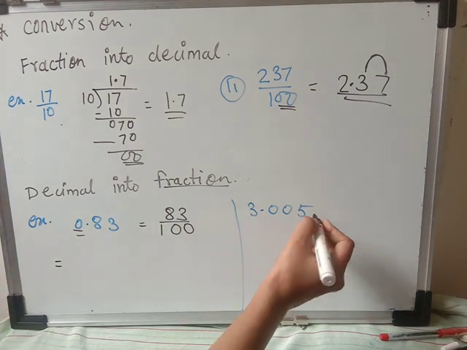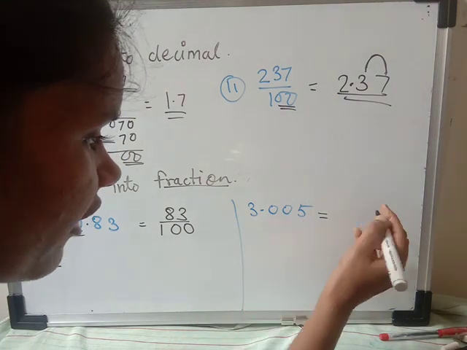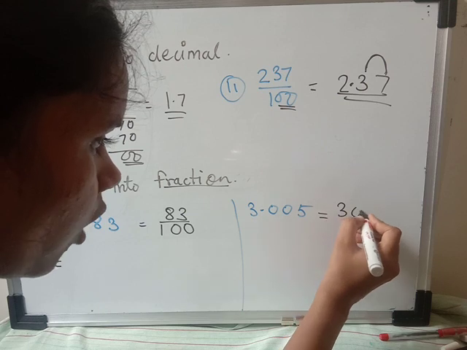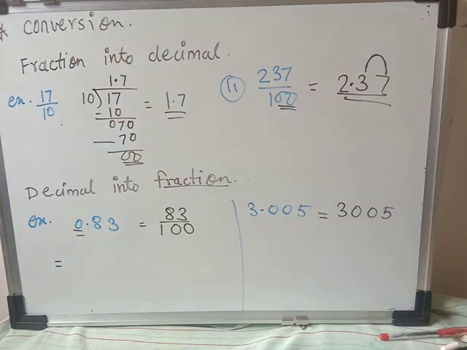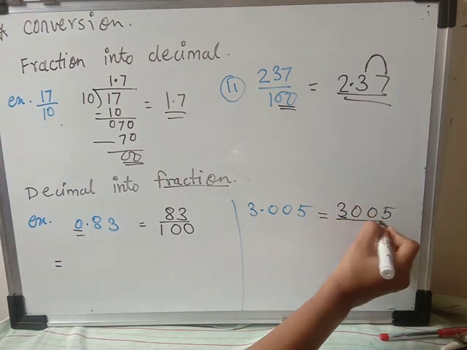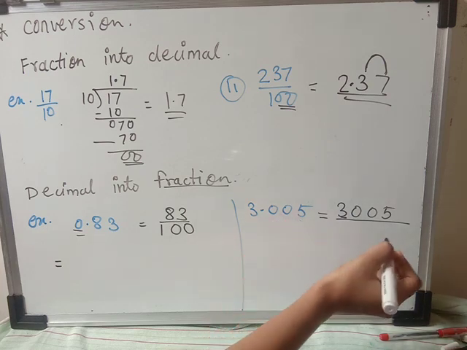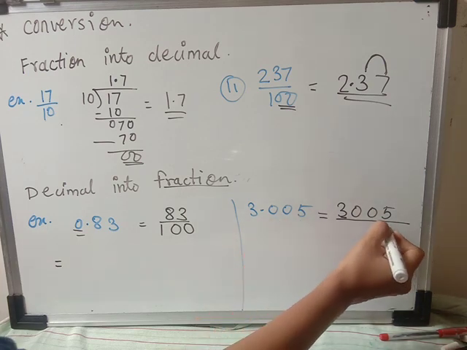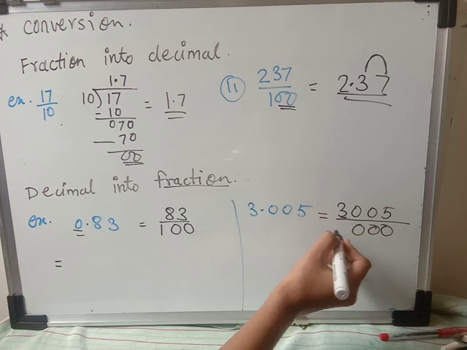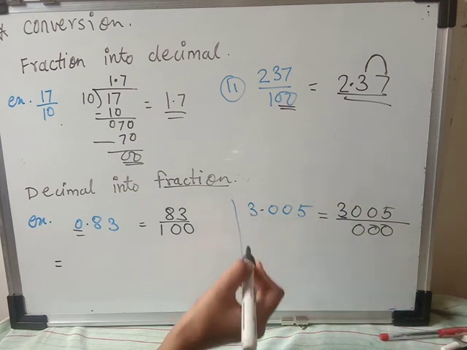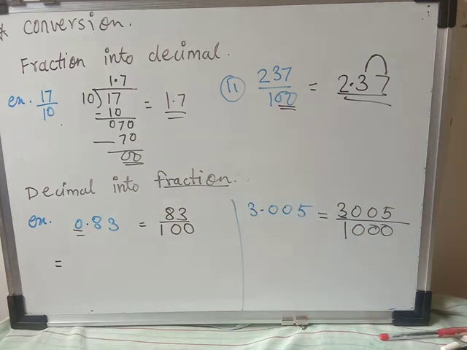The same way we will do it here. Without the decimal, just write down all the numbers after the decimal. After the decimal, how many places are there? That is 3: 1, 2, 3. And before the decimal, how many places are there? 1. So here will come 1. Okay, so in this way we have seen the conversion of fraction into decimal and decimal into fraction.